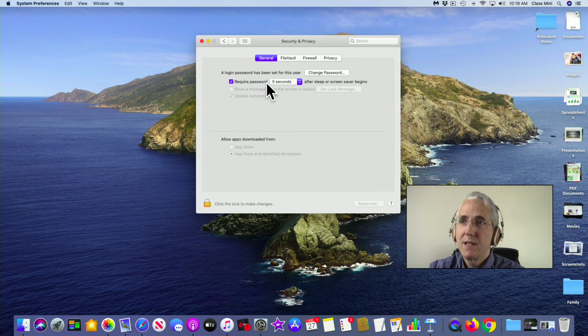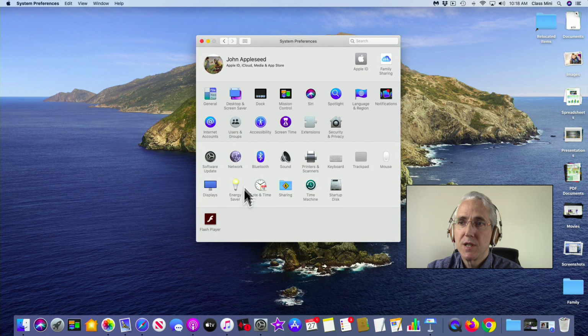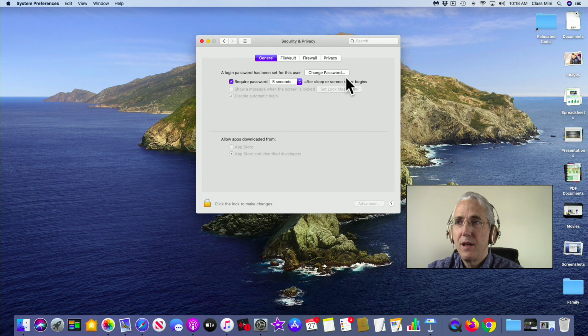And Johnny Appleseed has this set so that if the screensaver or sleep kicks in, and sleep is an option as well, there's a sleep option in the energy saver settings. So these energy saver and screensaver settings kind of compete with each other. You might never see the screensaver if your energy saver settings have a lower time than the screensaver. But in security and privacy, if either one of those things starts, after the computer's gone to sleep for 5 seconds or the screensaver has been going for 5 seconds,